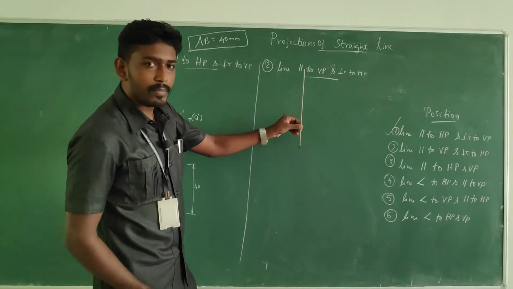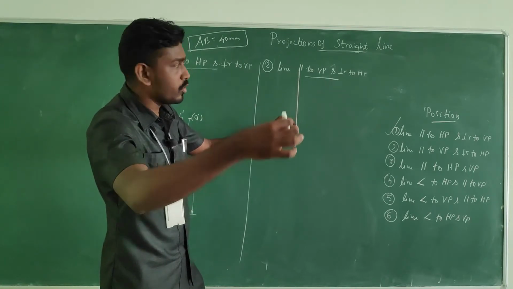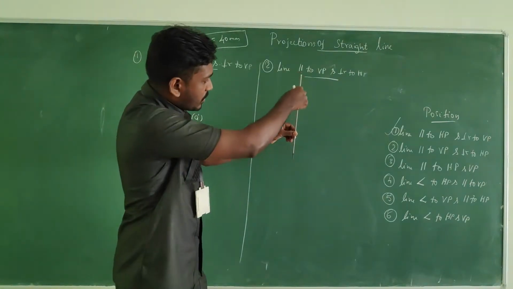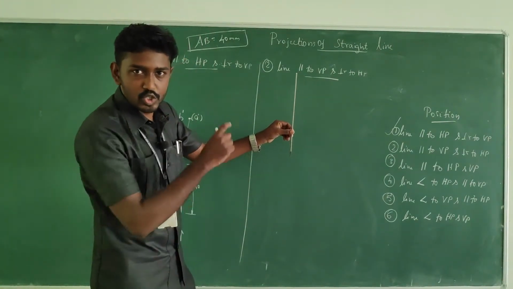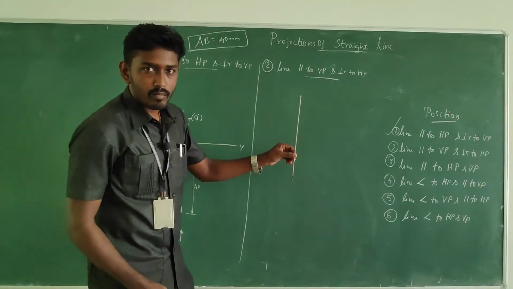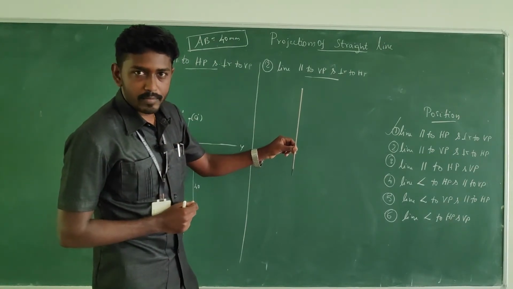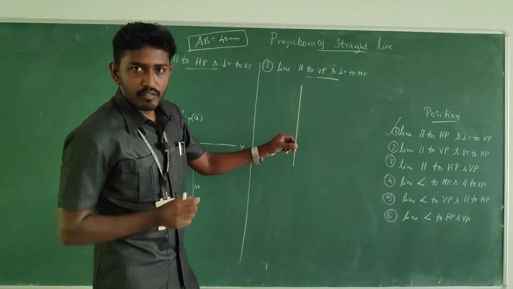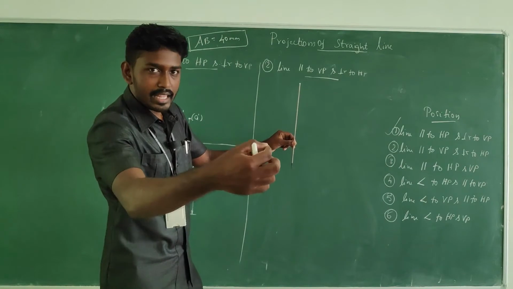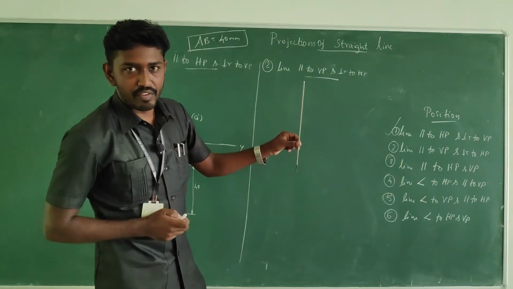If it is the position, the observer is here, right? So the camera view is your front view and this is the top view. So if you are looking from the front view, you can see the straight line, true length of the object. And if you are looking from the top, you can see the line as a dot, right? So from where do we have to start our work in the projection? The view which shows the what? The true length, right? So here in the front view we can see the true length. So we have to start with the front view.